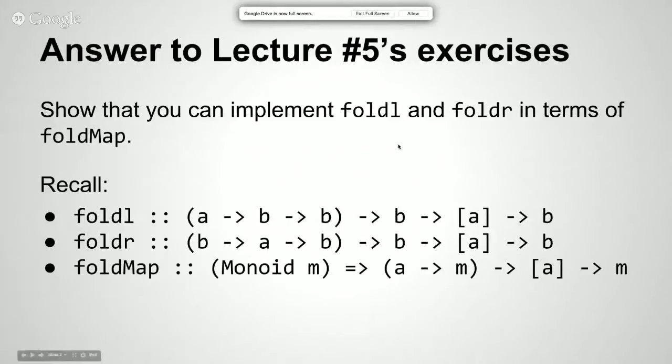So here's the answer to lecture 5's exercise. Recall this is the type signature of foldL and foldR. They are folds where the first argument is a function, the folding function for each. The second one is the starting value of the accumulator of type B. The third is your collection of A's, and the fourth is the final value of your accumulator after the end